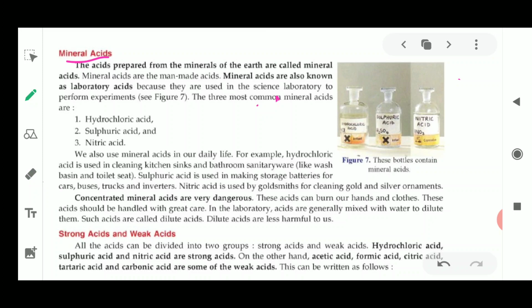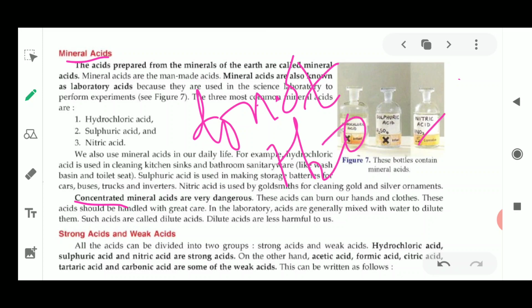Now what is this word concentrated? Concentrated means the acid which does not contain water. For example, these acids which are kept in the bottles in this picture are concentrated acids. In your labs also you will see the concentrated acids are kept in reagent bottles, and these have a label on them, and on the label it is written CONC, or it is always written concentrated in the full form or in the short form. So whenever you find this CONC word written there, it means it is concentrated acid.